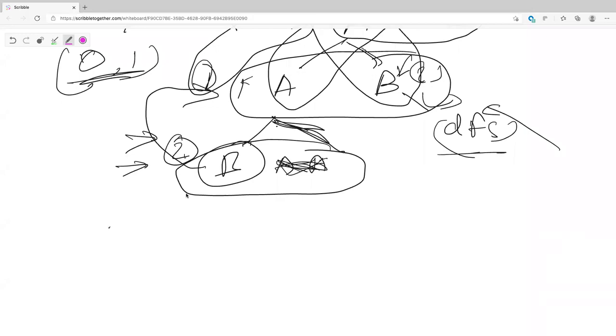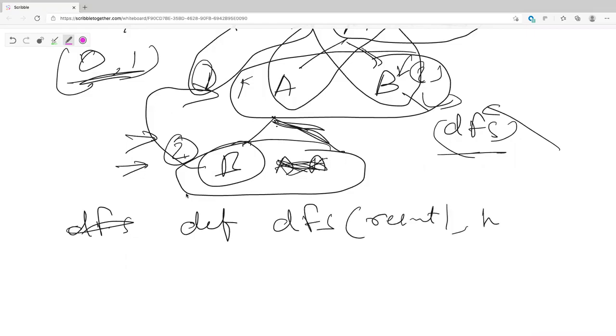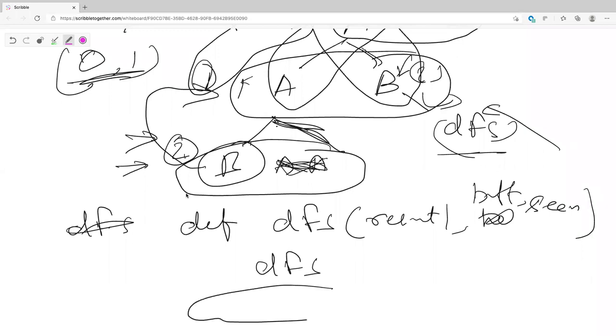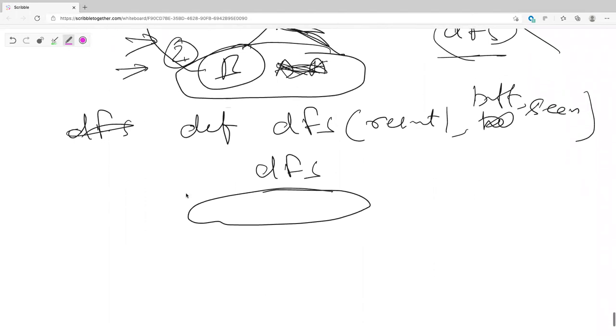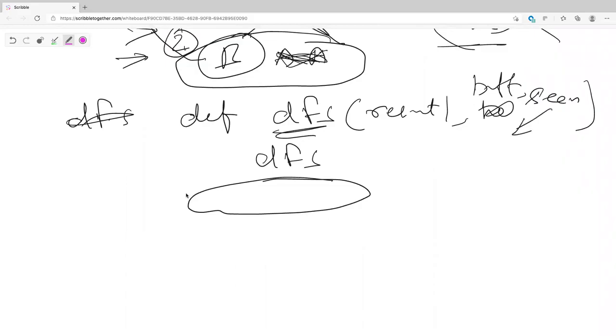So, okay, this is what I'm going to say finally. In your one definition of your DFS, let's say this is your result. You pass in your helper, you pass in your buffer, you pass in your, what else? You pass in your seen. What else do you pass? That's it, yeah. In a single DFS call, you are calling multiple DFSs, and also you're looking at that same level. Always remember this, and in a single DFS, you're using the seen variable. This concept itself will help you handle all the other questions.